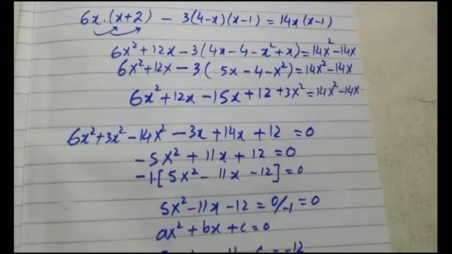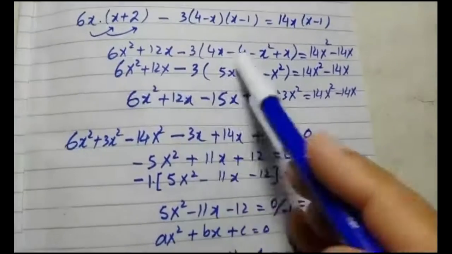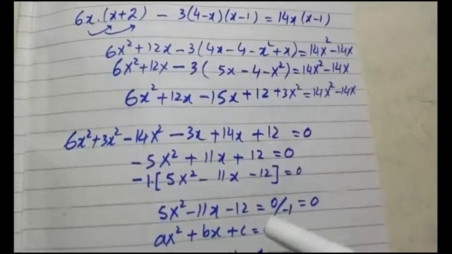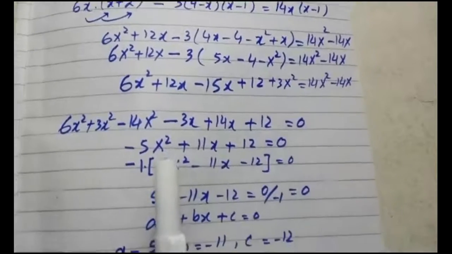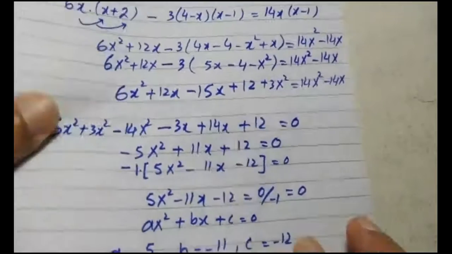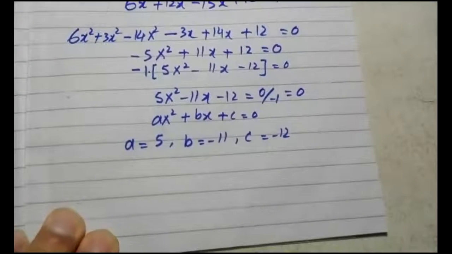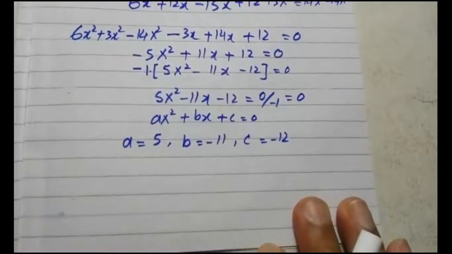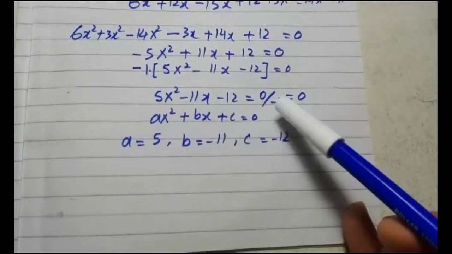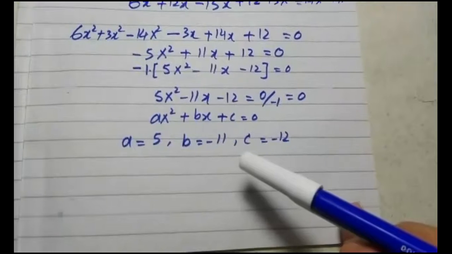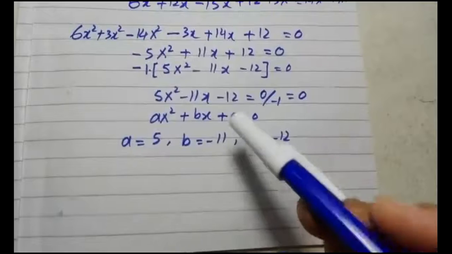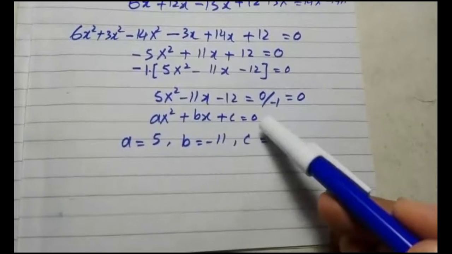You can see that at the end, after all of these lengthy calculations or simplifications, we have reduced the question to standard quadratic form, 5x square minus 11, and from this step we have separated the a, b, c, and then we have substituted into the standard quadratic formula. Now you have to see that if the quadratic equation is wrong, then your answer will be wrong. The marks will not be allocated for you, because the important point is that you have to arrange the terms in parallel to the standard quadratic equation.